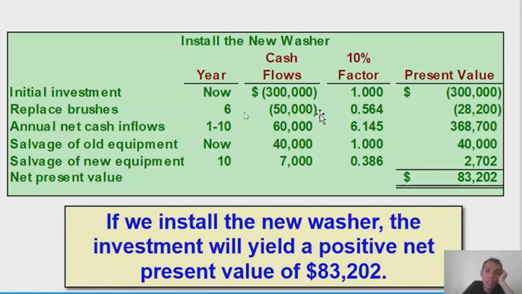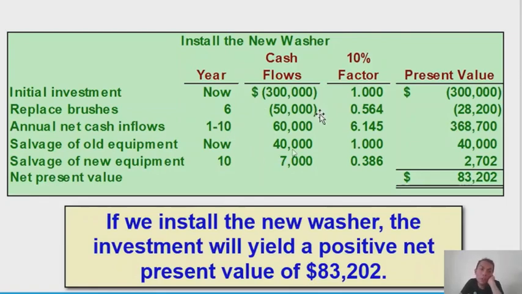okay, 10% and year 10. Okay, so you get a 6.145. Ang value ng 60,000 na papasok from year 1 to 10 sa year 0 is only 368,700. And then we also have now, kung saan, bago ka bumili ng new washer, ibenta mo muna yung old